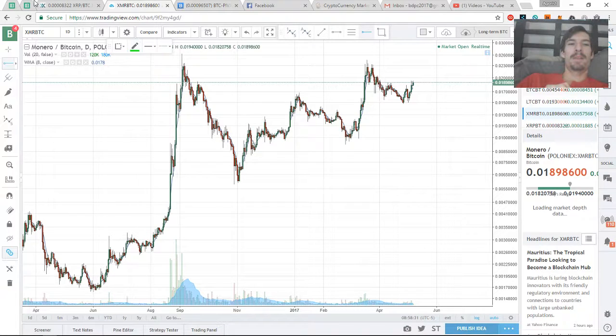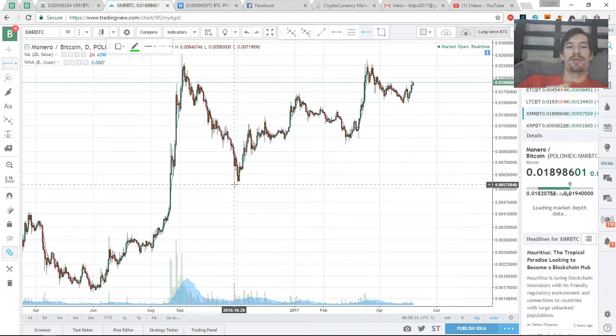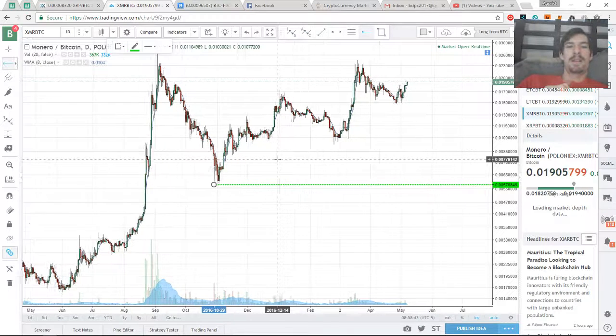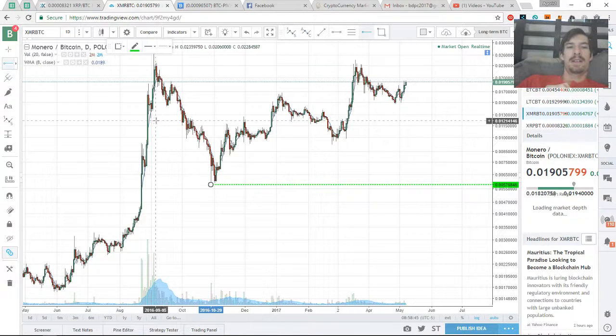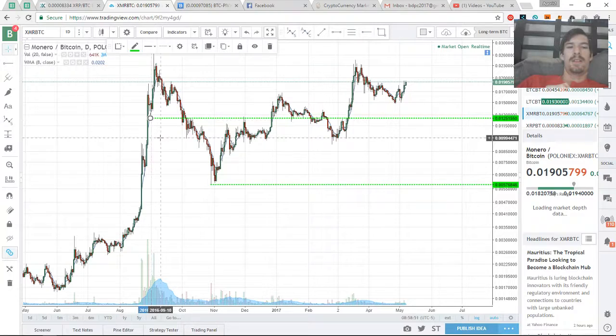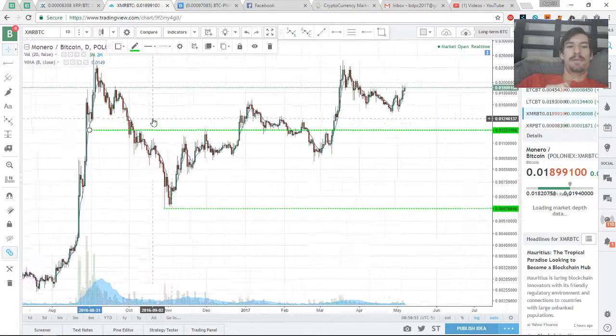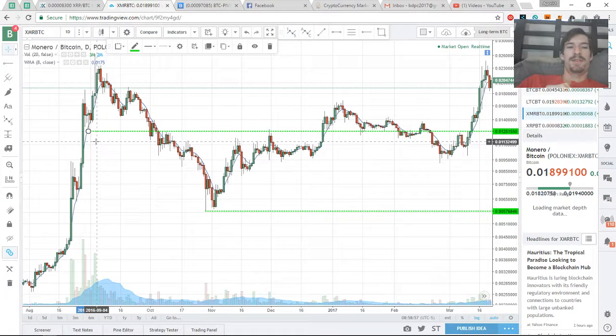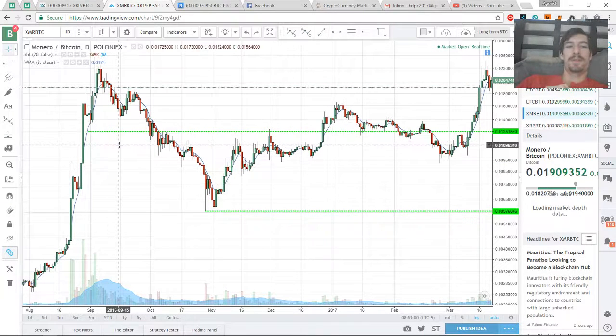So when we're trying to figure out where to enter a trade, we're just going to start drawing some lines. I like to pick the important low spots first. And you'll notice that whenever we draw these lines, if we follow it through the rest of the chart, these lines become reversal spots, as